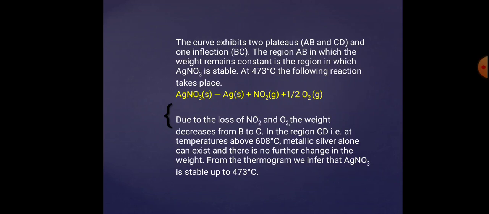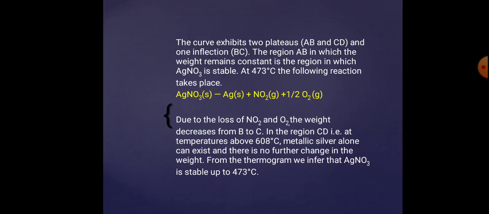AgNO3 is completely stable. No such reaction has happened, so whatever X amount of AgNO3 has been taken, that quantity remains constant. No further reaction takes place. But when you reach 470 degrees Celsius and move above that, then this